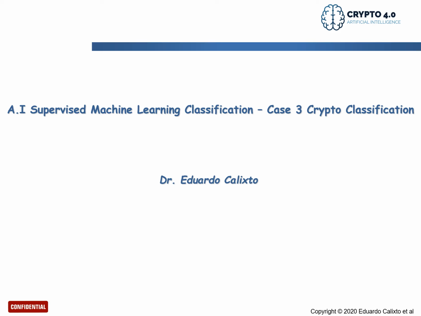So this time I will produce a clarification, a real case about artificial intelligence supervised machine learning classification. This is case 3, crypto classification. In the previous video, I explained the theory behind the supervised machine learning classification, and I gave a very simple example